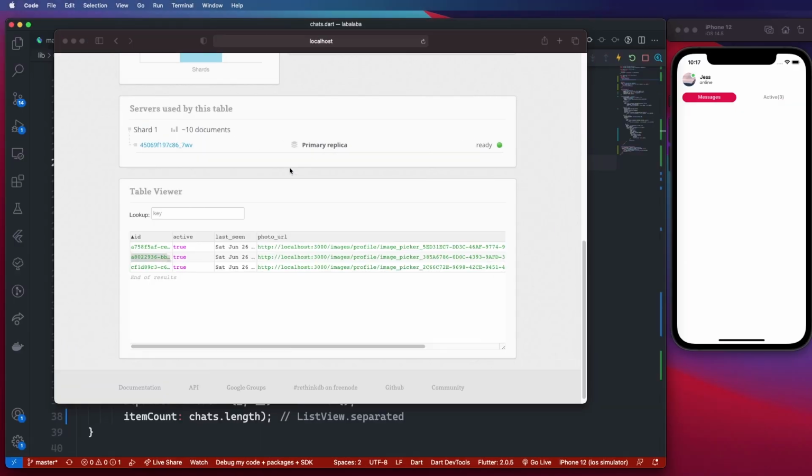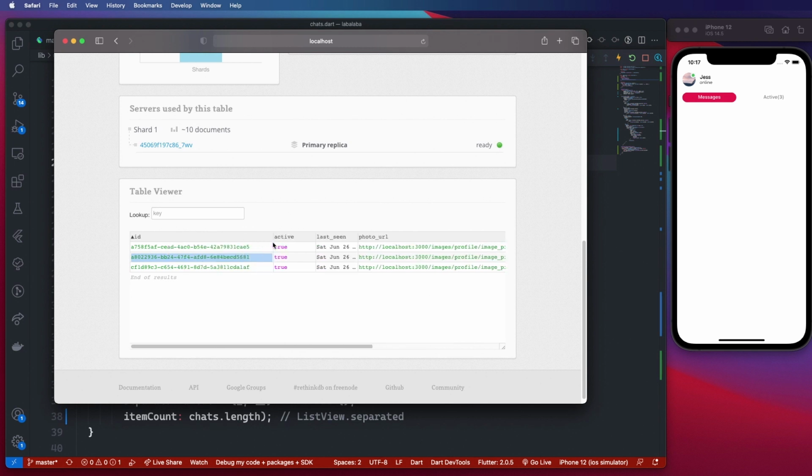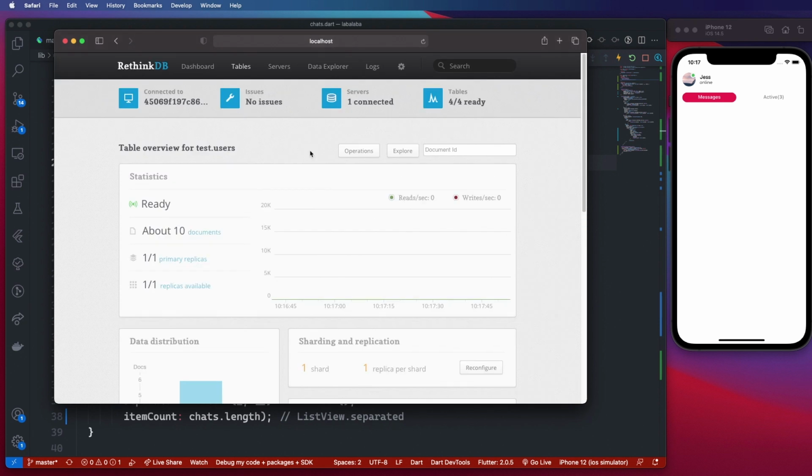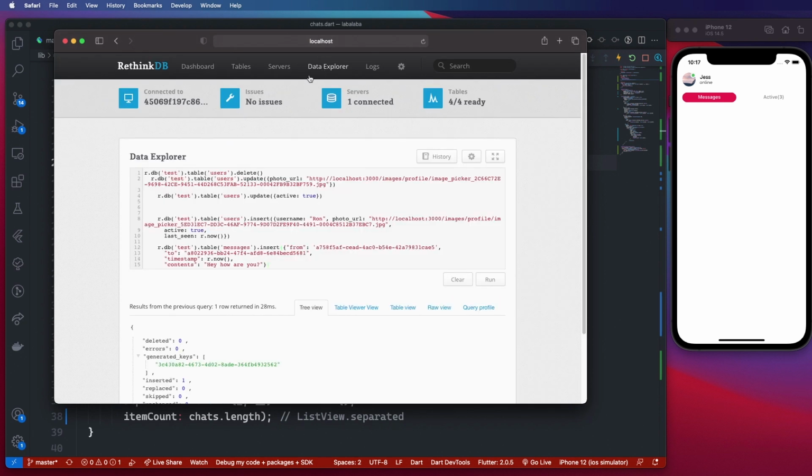So let us bring up our RethinkDB here. And inside my database, I have 3 users. This is the user that is currently signed in, and these are the 2 other active users to which I can send messages. So if I go to my Data Explorer, where I have a couple of queries already set up, as you can see,